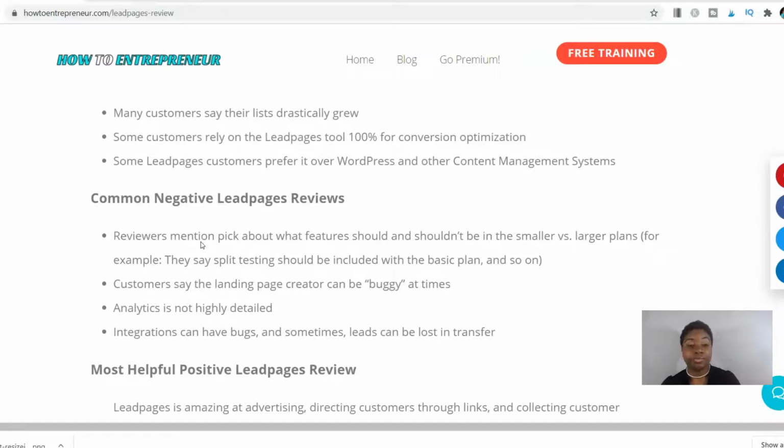Some customers rely on the Leadpages tool 100% for conversion optimization, and some Leadpages customers prefer it over WordPress and other content management systems. They even have the function where you can build a full Leadpages website, so you can build all of the home, the about, the services, everything like that. You can build that in Leadpages, so it can be an alternative to WordPress or Wix or Weebly,